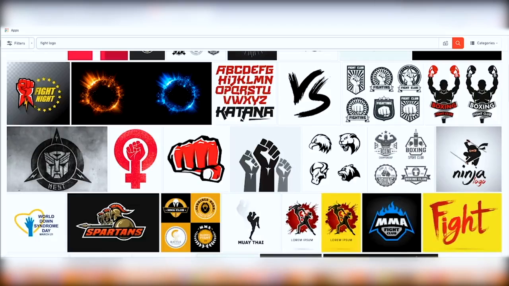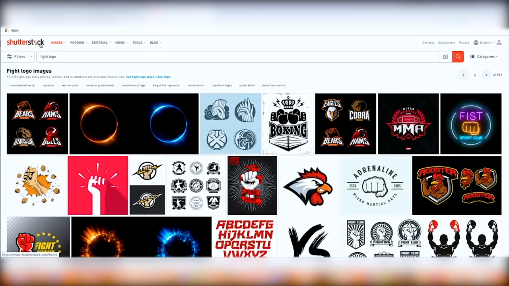So we're going to find the picture element of our logo, and what I've done is gone onto a website called Shutterstock. Shutterstock is something we call a stock photo website. There are free ones, there are paid ones, and in general it is a prime investment even for the paid ones. Shutterstock is a great one, iStock is also another great one, and Unsplash is a really good one if you're looking for free content. What stock photo websites essentially do is compile a bunch of very high quality images, whether they're lifestyle images, logos,